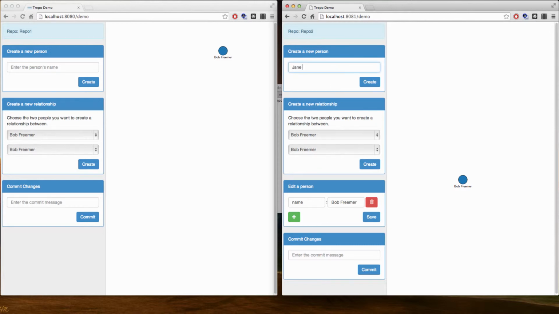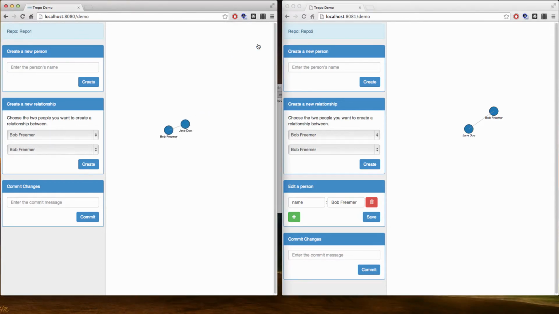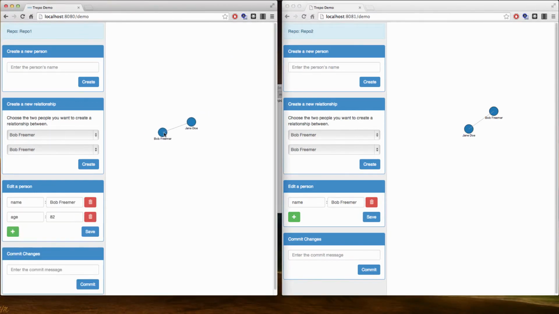So let's go ahead and add some more people. Let's add a Jane Doe. So we'll go ahead and add a Jane Doe, and we'll make some informal relationship between the two. Go ahead and create that, and we'll just say added Jane. Now go ahead and commit that. Now you'll notice we can patch it over here. Now we'll go ahead and patch that, and then if you look at Bob Freemer, he has an age of 82 over here, and if we look at Bob Freemer over here,